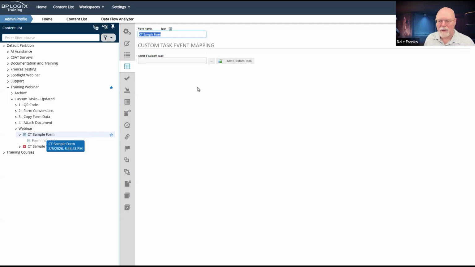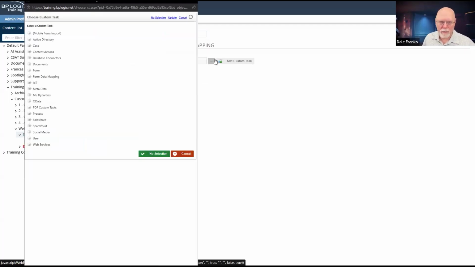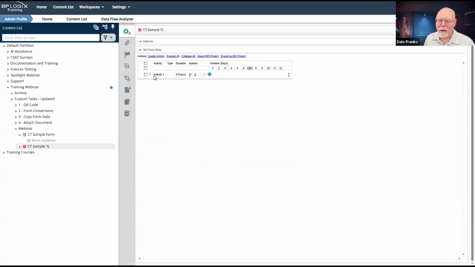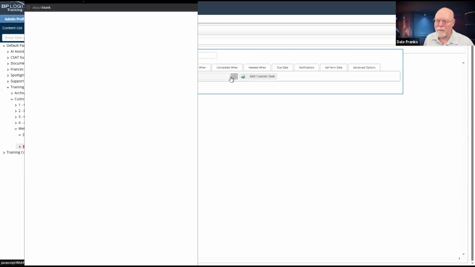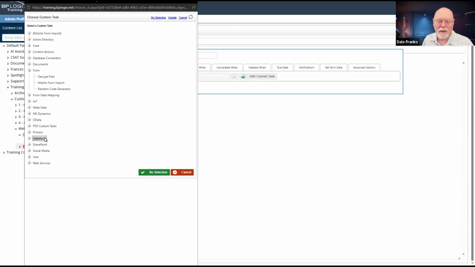So the custom tasks that you see whenever you select a custom task from the custom task event mapping tab, or the custom tasks that you see on a process timeline. If we go here to our process timeline, I have a custom task activity already set up. If I go to the custom task tab and I open it up, I am going to see the same folders, but I'm not always going to see the same items inside the folder that I would see on a form.